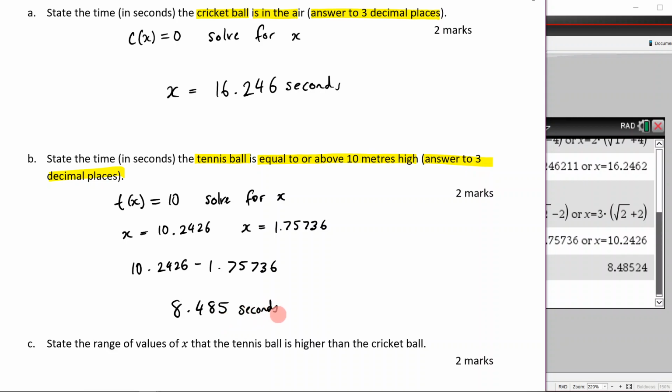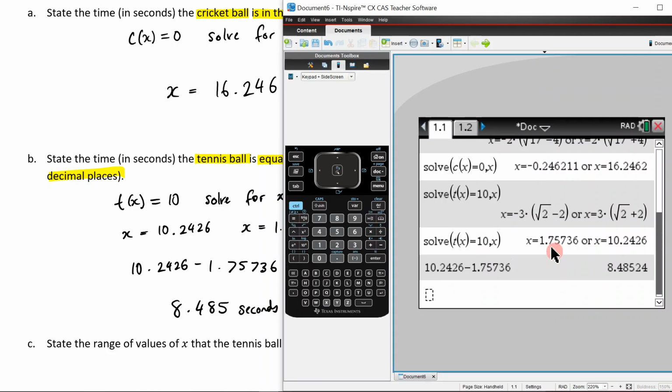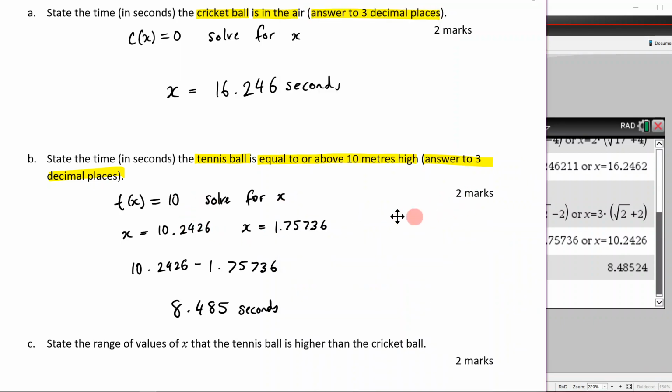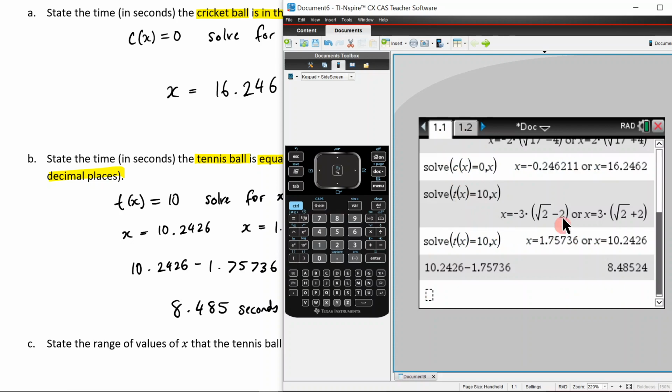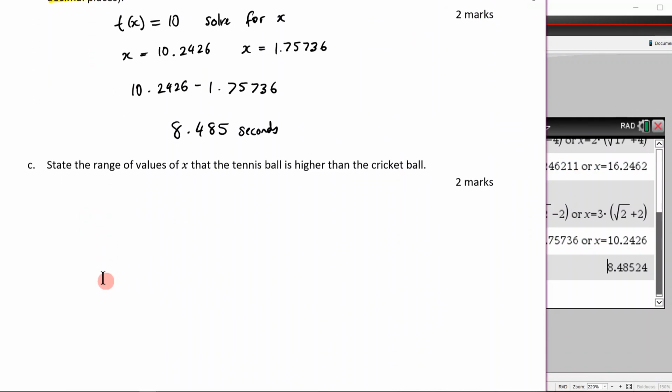So make sure that you've given it enough decimal places here. I believe I have. Yep, that should be good because I'm going to 3 decimals and I've provided enough there to make sure that everything is good. So that's how you would approach this type of question, making sure that you're looking at the mark scheme to make sure you're providing enough working, and also realizing that you can visualize it graphically as well as algebraically. Okay, the last question here says, oops,